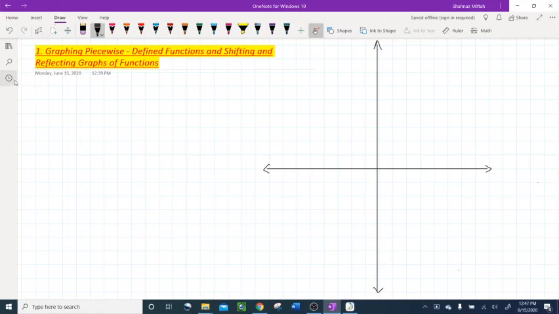The first one is a piecewise defined function. The question is asking to evaluate, and you already know evaluate means to find the value of. Evaluate f of 2, f of negative 4, and f of 0, for the function